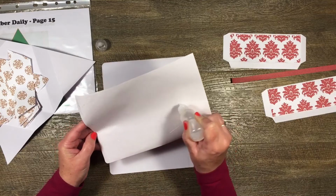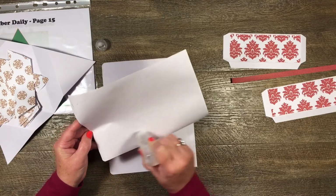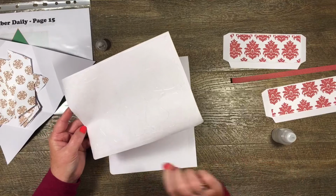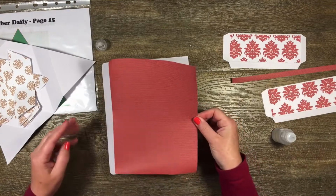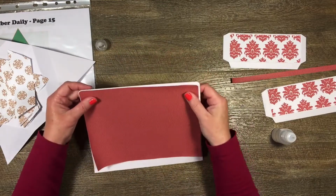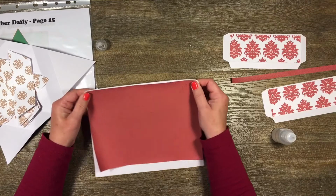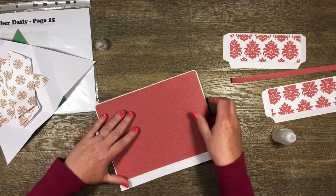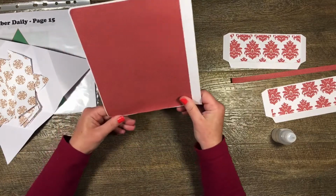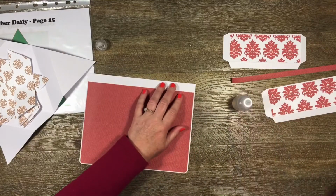This glue that I'm using is just called craft glue by Crafter's Choice, and here in Australia it's really easy to get from Spotlight. And I like this one for matting because it gives you a little time to wiggle it around before it sticks into place. So this page is really just a lot of matting, it has to be said. But it's great because I don't have to do any measuring. I didn't get enough glue down there